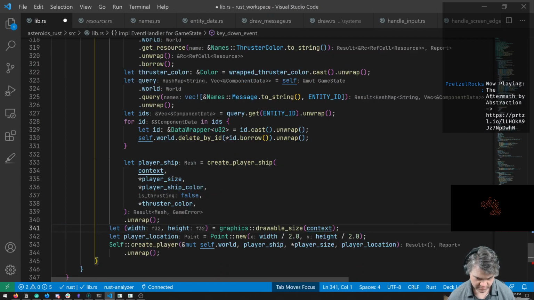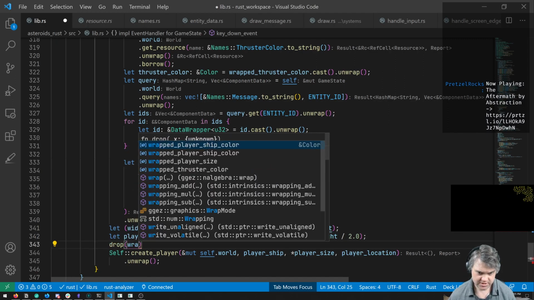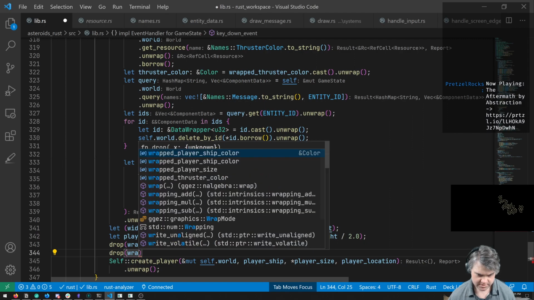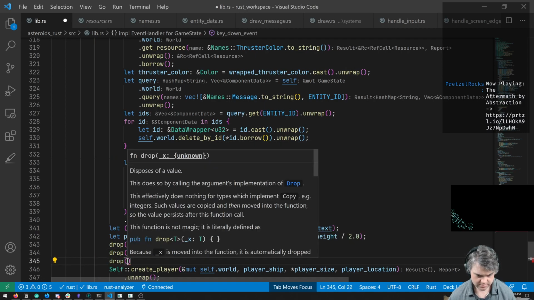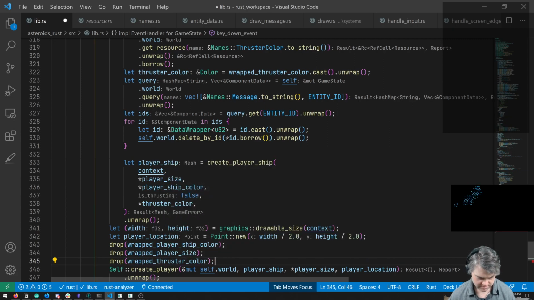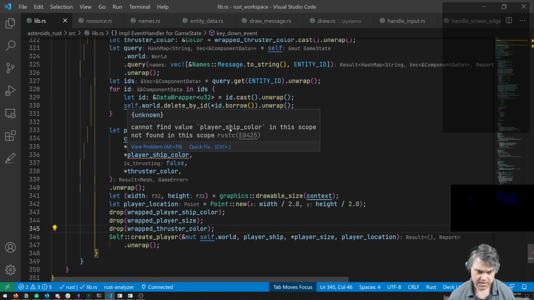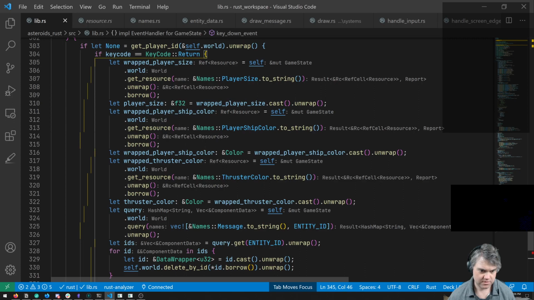Then before we create the player, we'll have to do a drop of all the wrapped stuff. Wrapped ship color. Wrapped size. Thruster color. Player ship color. Did I call it just ship color? You're not wrapped.